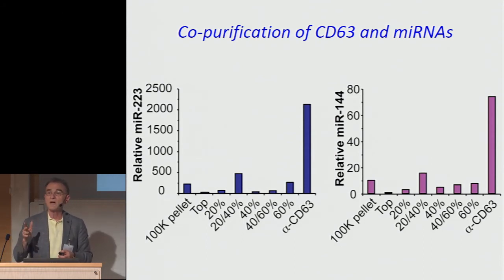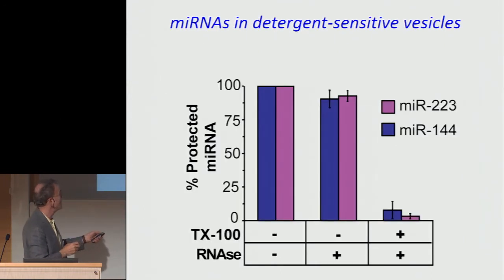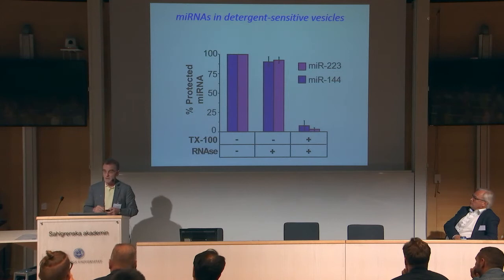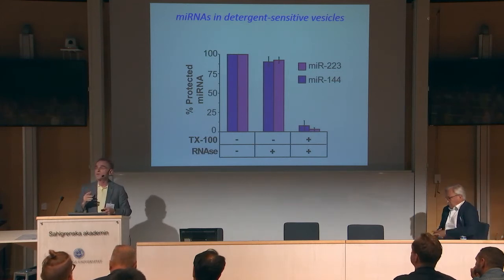We could show that these RNAs are inside of the vesicle. We use a very simple principle, that is to demonstrate that the RNAs are resistant to exogenous ribonuclease unless the membranes are suspended in the presence of a non-ionic detergent. That's shown here. Both of these microRNAs really are protected. They are sequestered in the interior of the membrane, and they are readily degraded by exogenous ribonuclease in the presence of detergent, which will become important in a moment as I tell you how we then have tried to approach the question of the mechanism